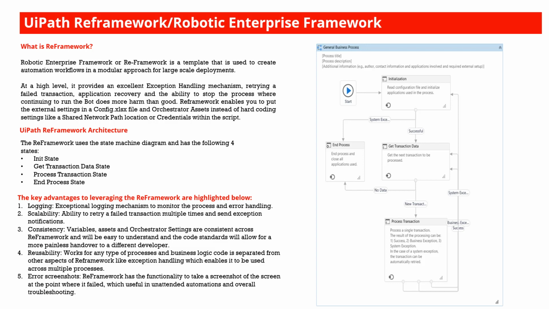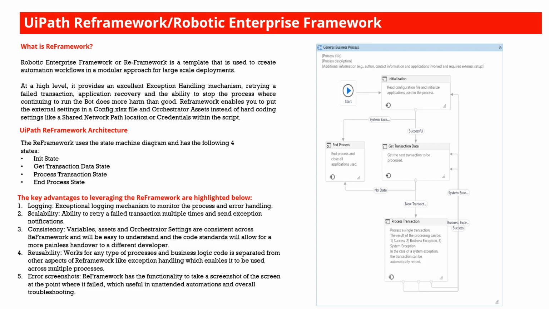So the bot will go to end process, or if there is any data, it will go to process transaction. You understand this? Now, in the process transaction state, we could have 3 transitions, right? One, the data that we have received from get transaction data is completed successfully into the application. And second could be failure. Now the failure could be further divided into 2 parts. Whether it's a business exception or application exception, or simply we call it system exception.